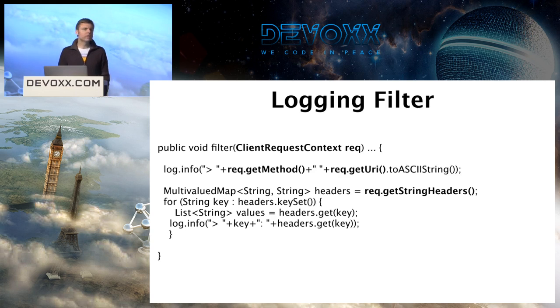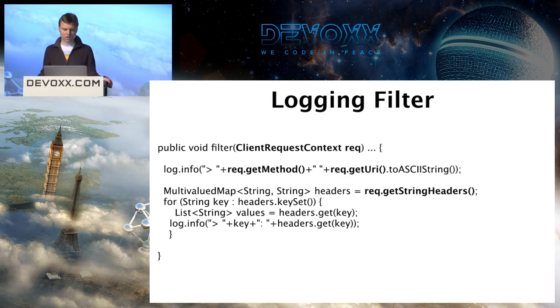An example filter would be a logging filter. Here you can see what kind of information you can access. You get the request method, you get the request URI, you get access to a multi-valued map to access the HTTP string headers. This is something you could do if you wanted to just log the request. But you could obviously also change the request method or the request URI or the string headers. So if you wanted to, you could change the request method so that the JAX-RS runtime actually ends up with